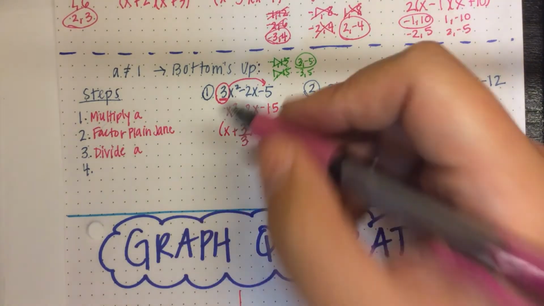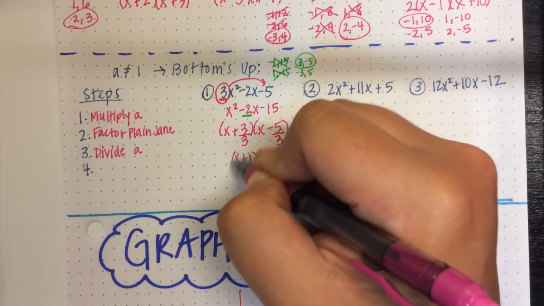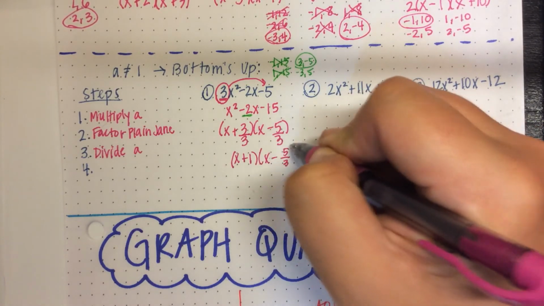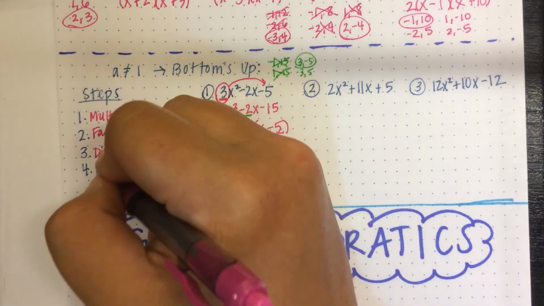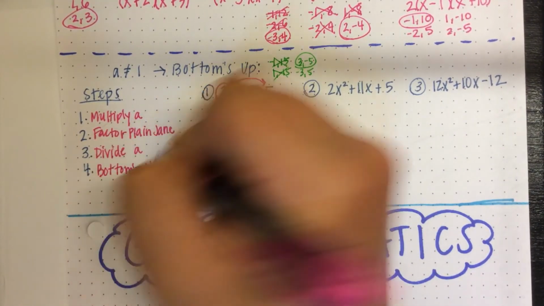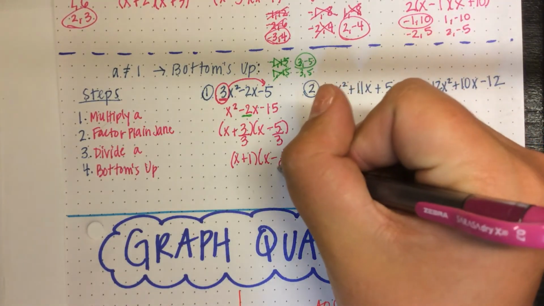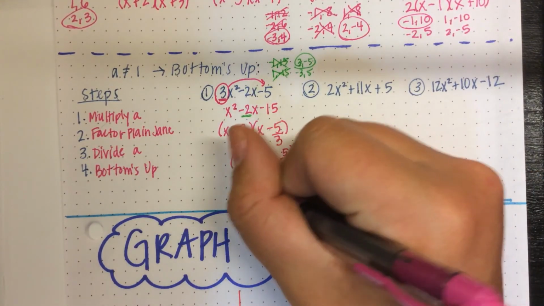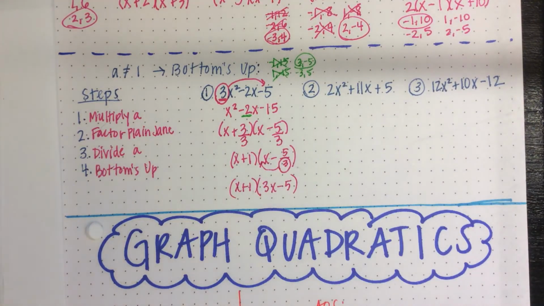Then we simplify. So 3 divided by 3 is 1. 5 divided by 3, I can't do. I can't simplify that. That's as simple as it gets. So then my last step is to do bottoms up. So I take anything that's on the bottom and I move it up in front. So that means I'm going to have x plus 1 times 3x minus 5, because we don't leave any fractions